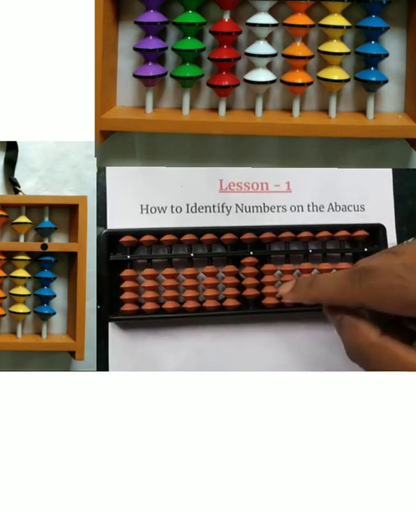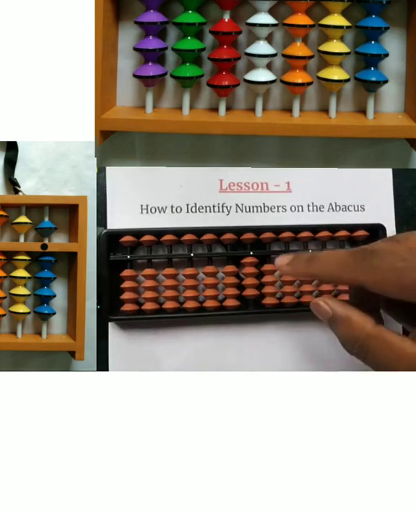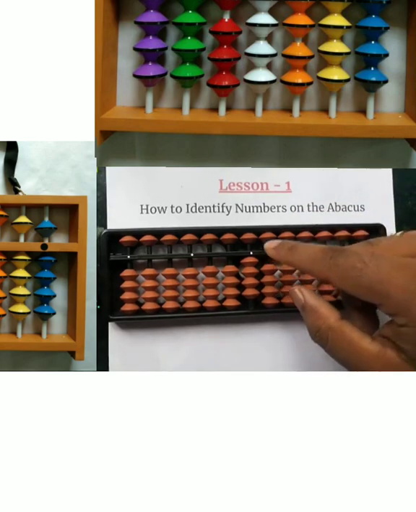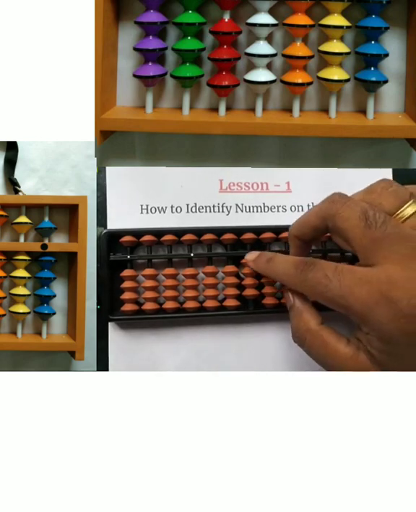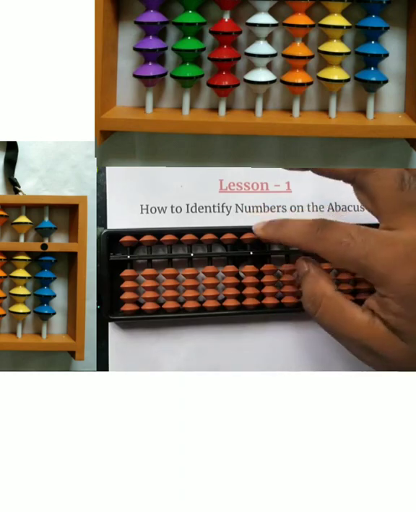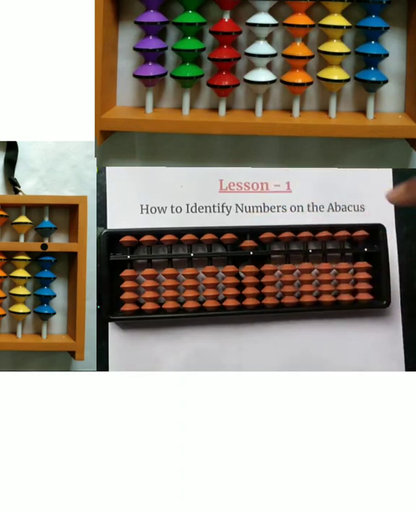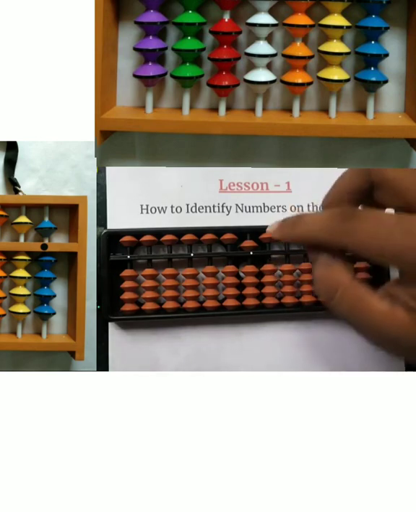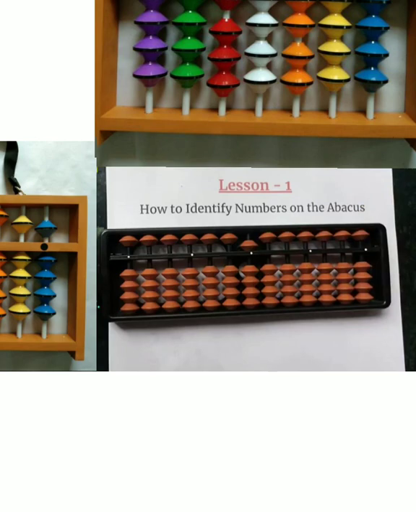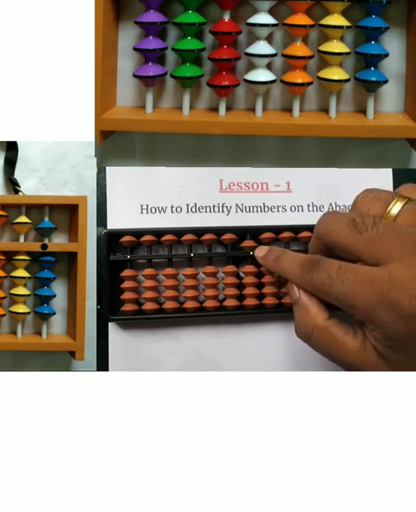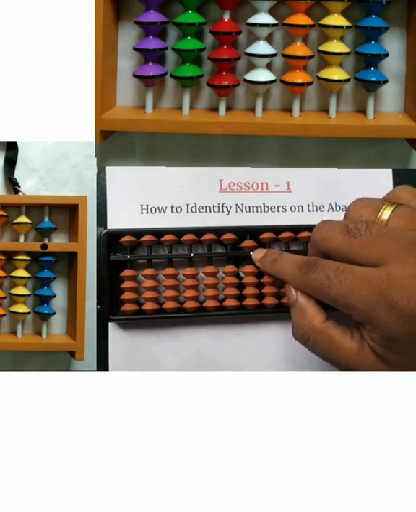Now we don't have any more beads on the lower side. So for 5 or a number higher than 5, what we need to do is remove all these lower beads, take this upper bead, the single upper bead, and bring it down. It starts touching the middle bar, and it starts getting counted now. Now this upper bead has a value of 5, so this bead alone is counted as 5.